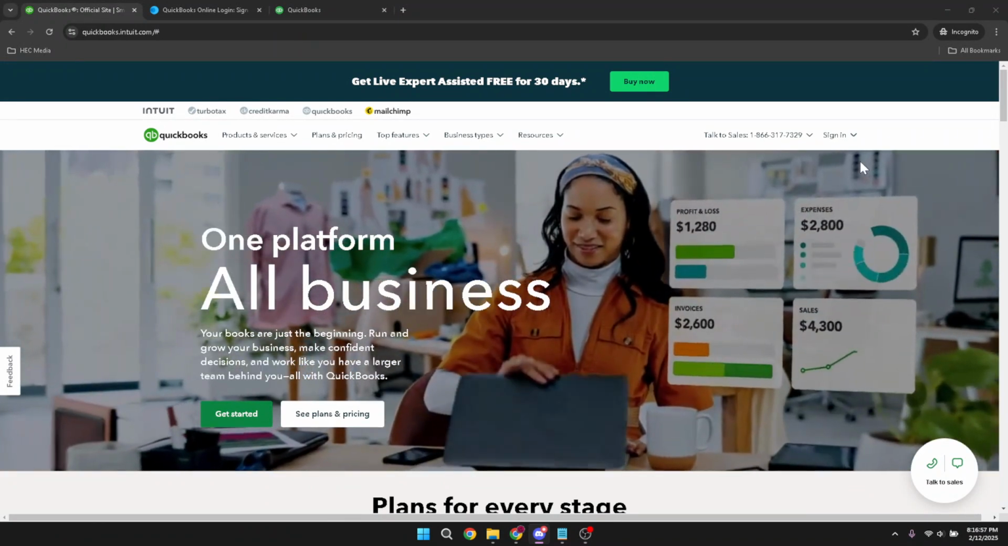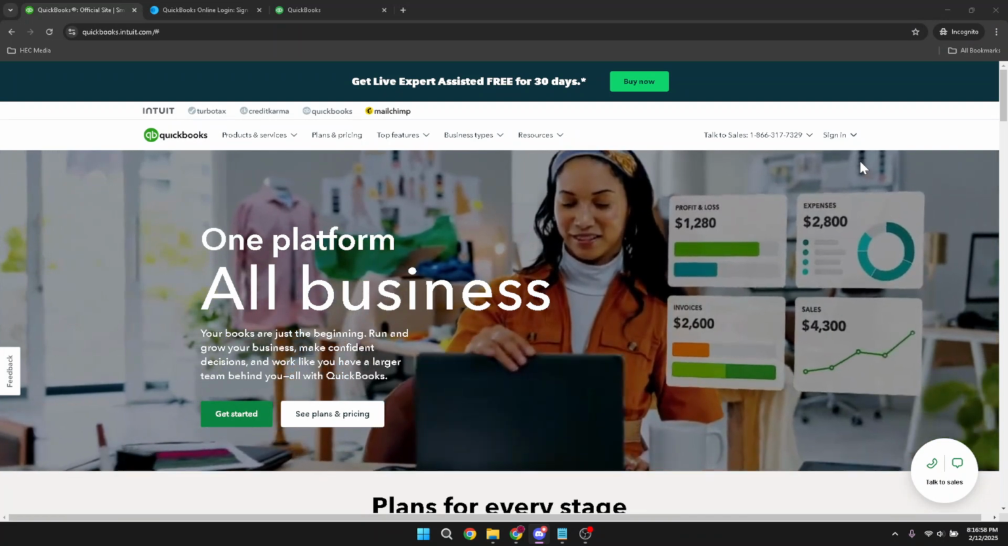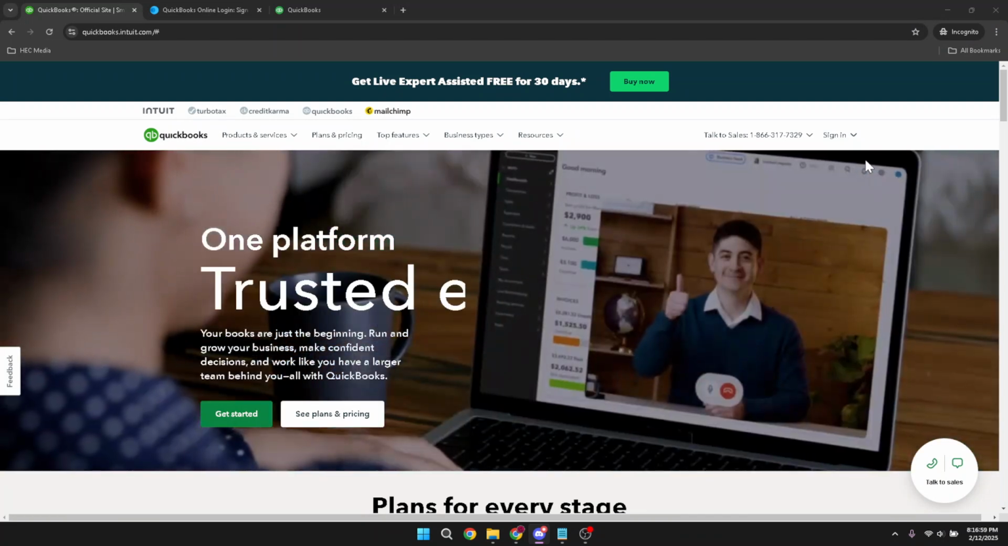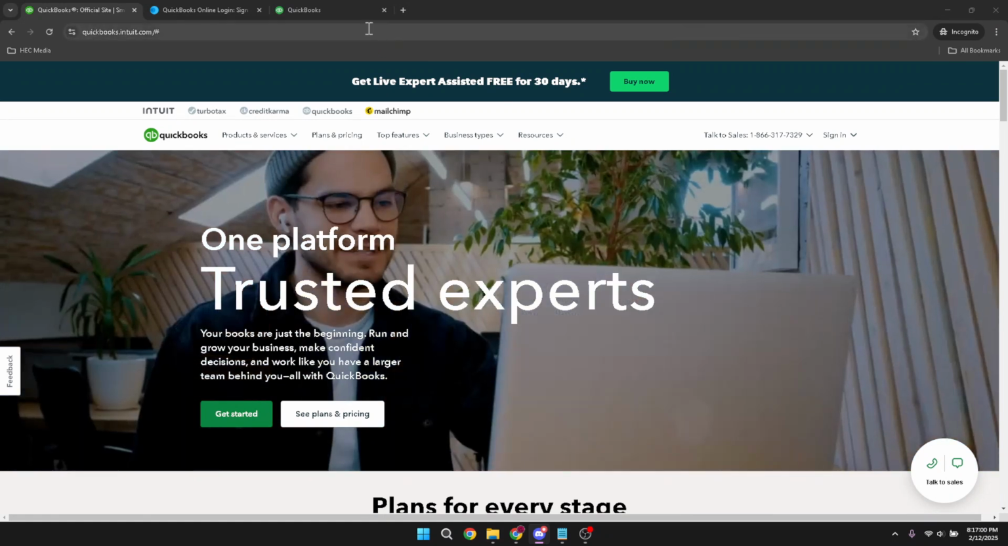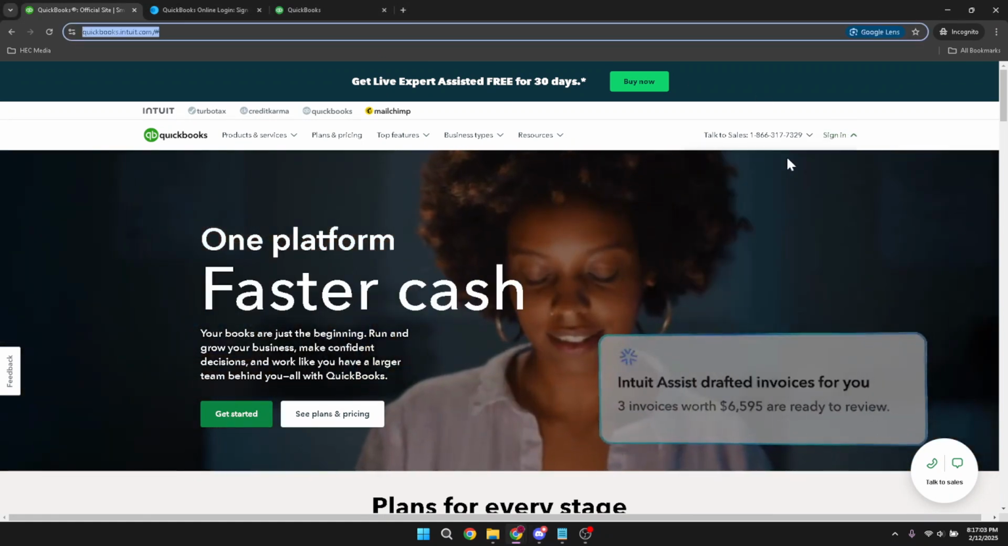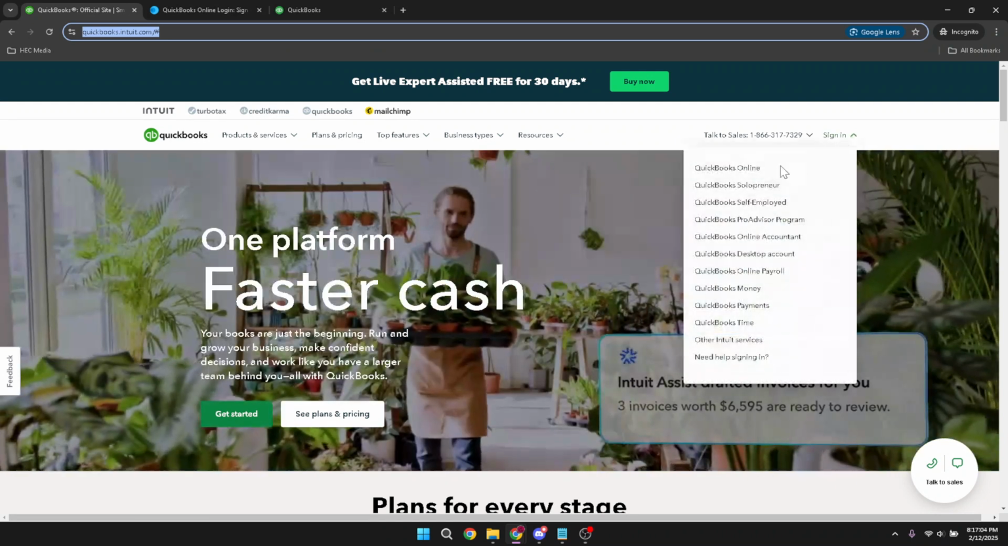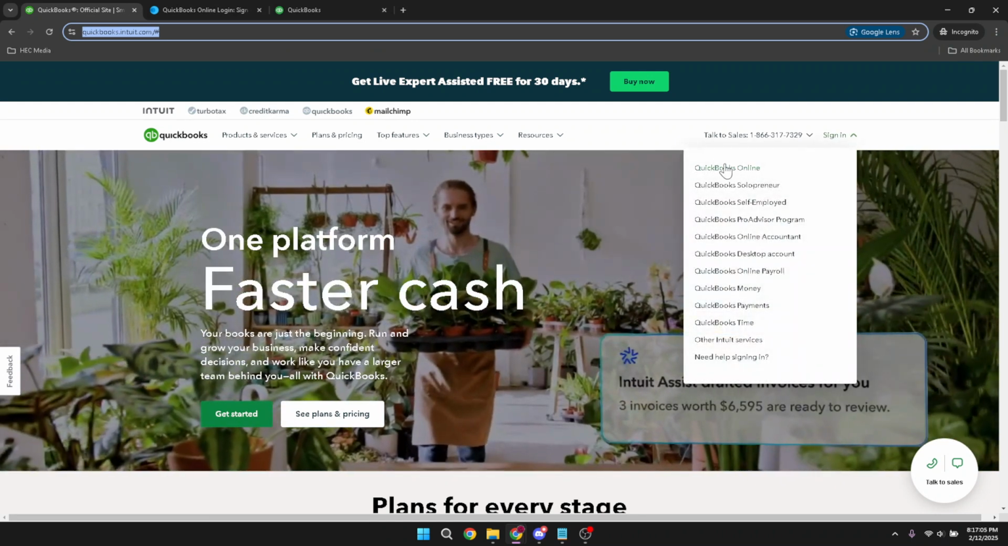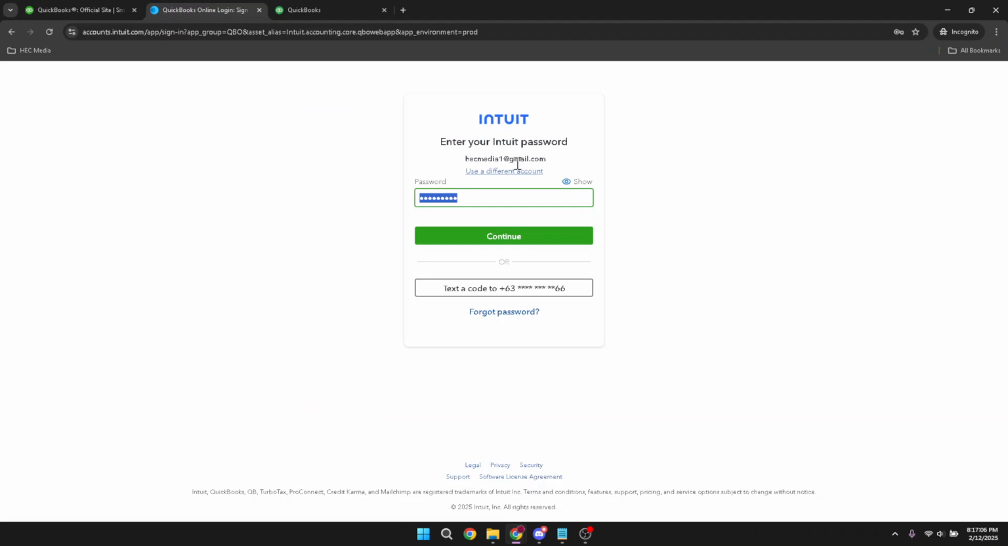First, let's start by signing into our QuickBooks account. Head over to the QuickBooks Online homepage and click on the Sign In button. From there, you'll want to choose QuickBooks Online from the options provided. This will direct you to the login screen where you need to type in your credentials. Once you've entered your username and password, click Continue to proceed. If you ever encounter issues logging in, just be sure you've got your credentials right, or check with your